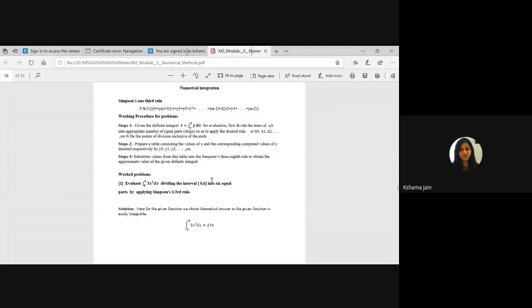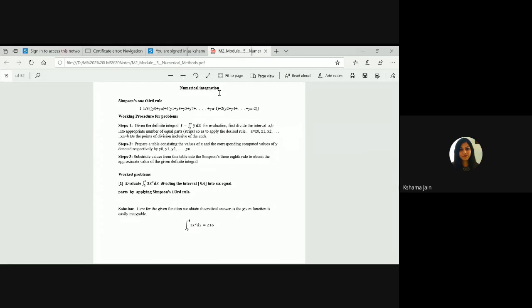So here, the last topic is numerical integration. Three methods are there: Simpson's one-third rule, Simpson's three-eighths rule, and Weddle's rule. The first concept is the same. As the name sounds, whatever method we are applying will be applied on integration. Now, all of you will be wondering, we know integration easily, but there are other methods. If the integrand is not a function and discrete values are given, in that case we use the numerical integration method.